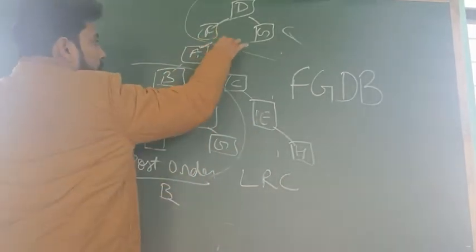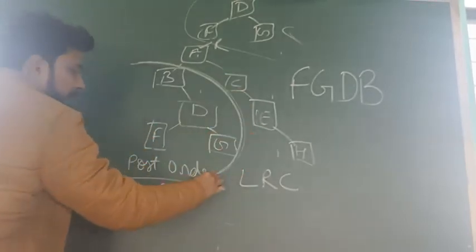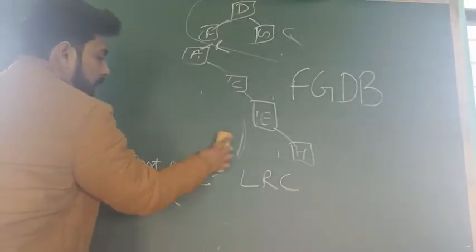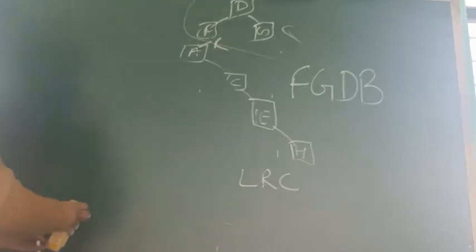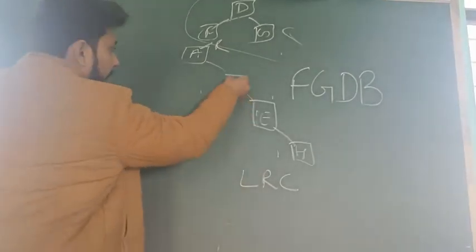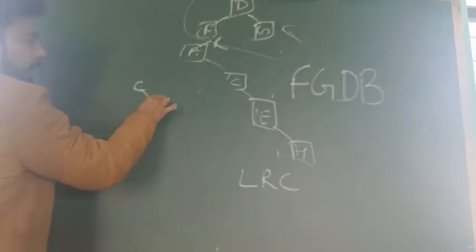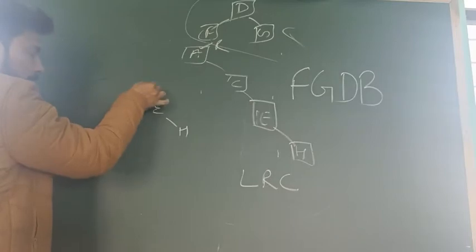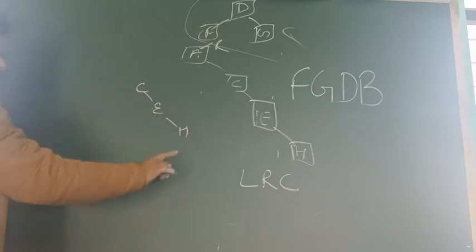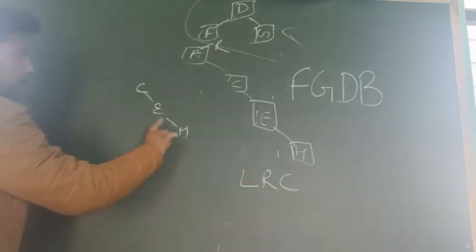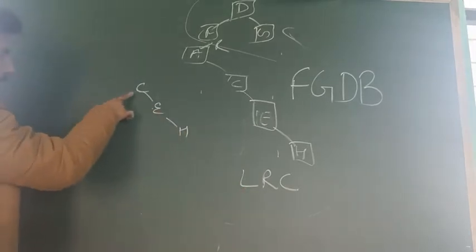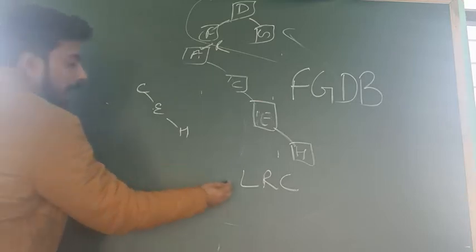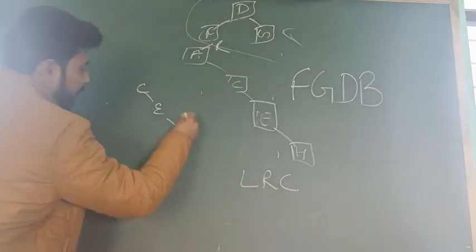After that, your left is done. When A is the root, your left is completely done, so we will not include our left part. Then after that is your right. In right you will see C, E and H. Then C is the root, E and H are the subtree. Now again we will see the left. There is no left, so we will ignore the left because it is not there. After that we have the right.